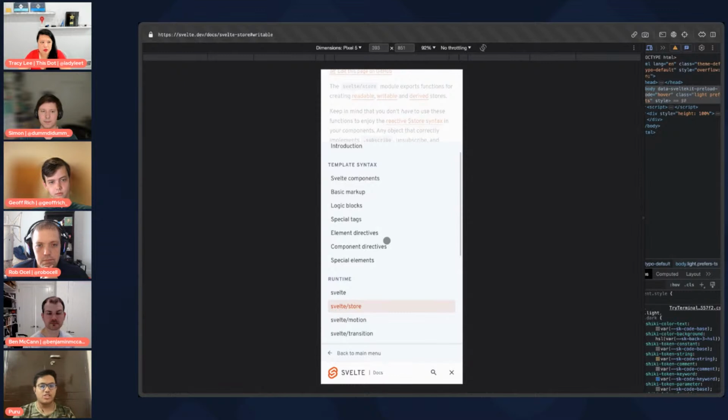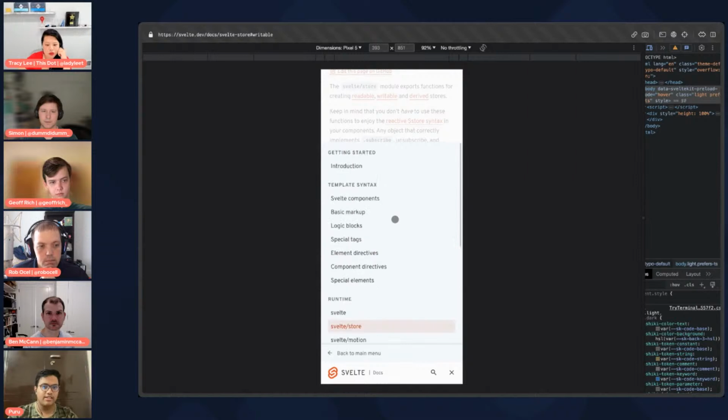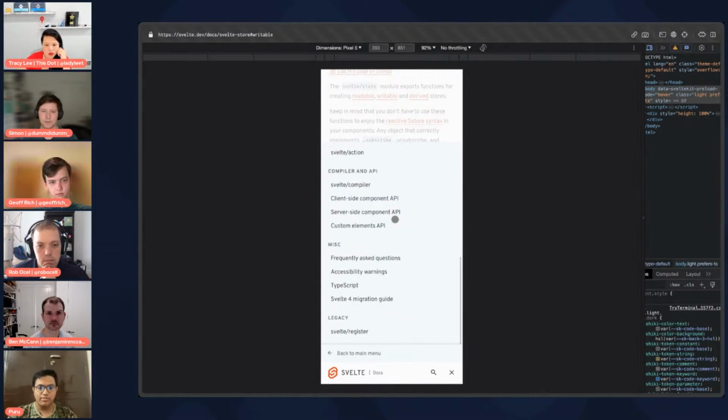So instead of just opening the main menu, it opens up the docs list, because chances are, if you are on one of the documentation pages, you want to go to other documentation pages. If I'm on Svelte Store, I just want to go to, I don't know, maybe Svelte Transition, Svelte Animate, something like that. So all of this is in the bottom navigation bar and this really smart menu.